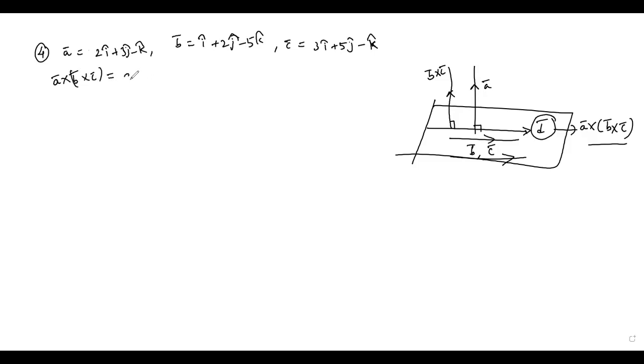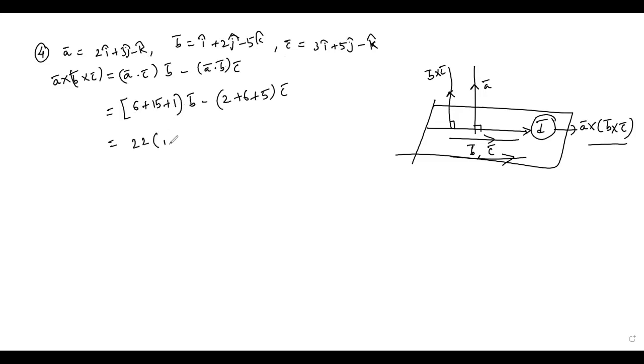Now vector triple product, just now we gave: A bar dot C bar into B bar minus A bar dot B bar into C bar. A bar dot C bar means you will find out the value A dot C. Here 2, here what is there? 3. 2 3s are 6. Here 3 into 5, that is 15. Minus 1 into minus 1, that is plus 1, into B bar vector. Later we can take. And here what is A bar dot B bar? 2 into 1, that is 2. 3 into 2, that is 6. Minus 1 into minus 5, that is plus 5, into C bar. Now here 21 plus 1, that is 22.